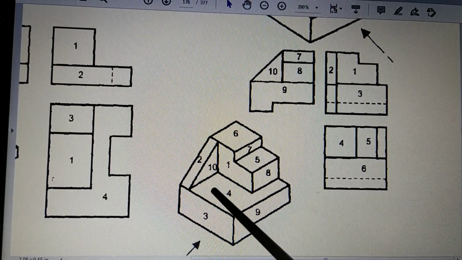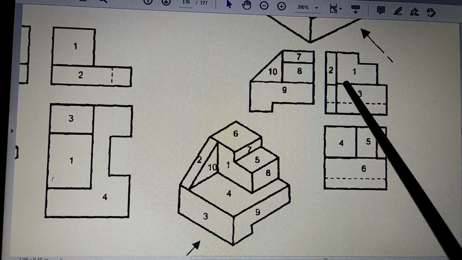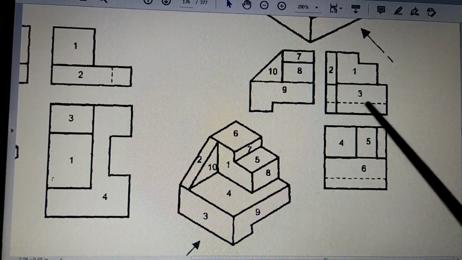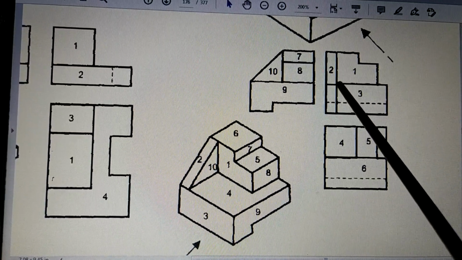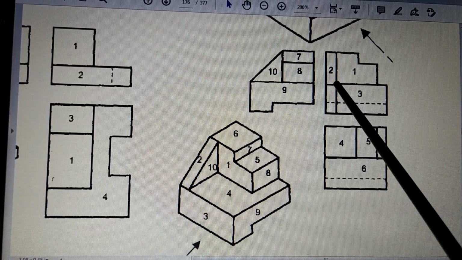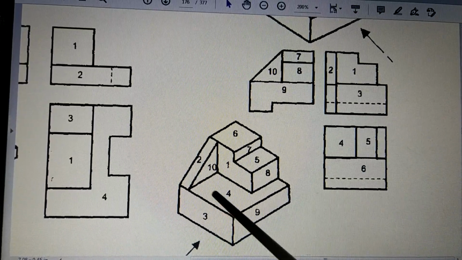Now what is there above? Above there is surface number 4. So this is surface number 4. It will be just seen as a line. And after that, this edge is there. This edge is till the end. Now there is some drafting error, so these lines are also not in one level. They are slightly above and below. But we have to draw it as a straight single line, which is this edge.